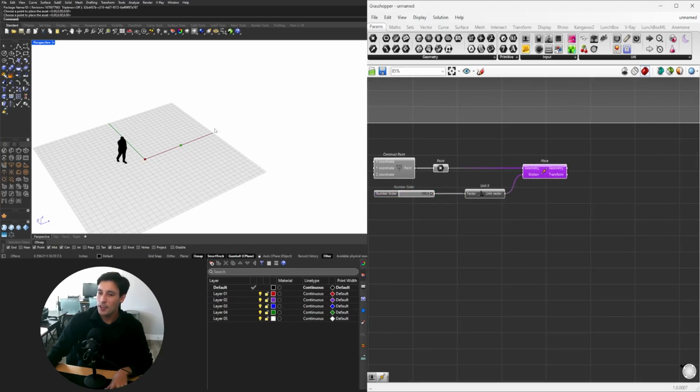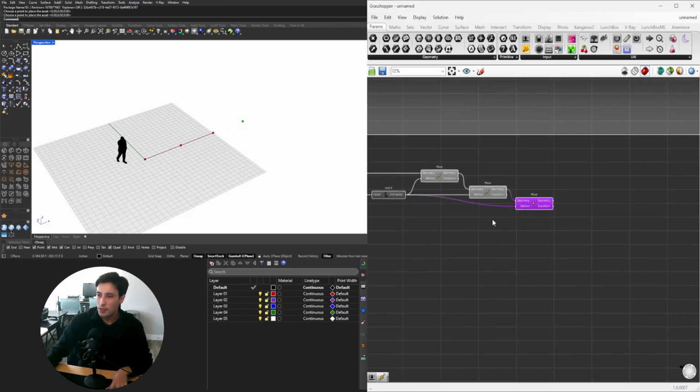Now we can create a series of copies, but what I'll do is take this, move it out here and tap Alt to create a copy. And now if I plug in the geometry into this one, you'll see that it actually creates 2 copies. And if we were to do that one more time, then we create 3 points. Now, this is not necessarily a scalable model, but the reason why I'm showing you this is to create that